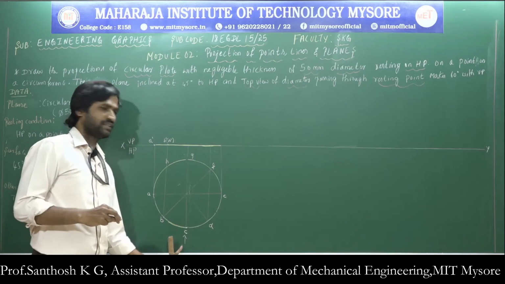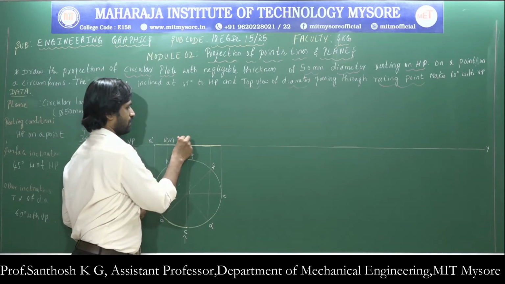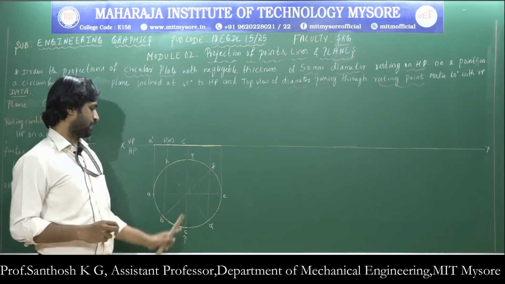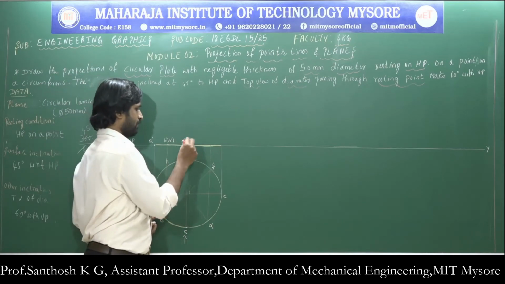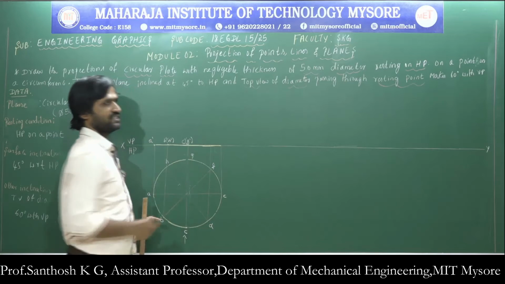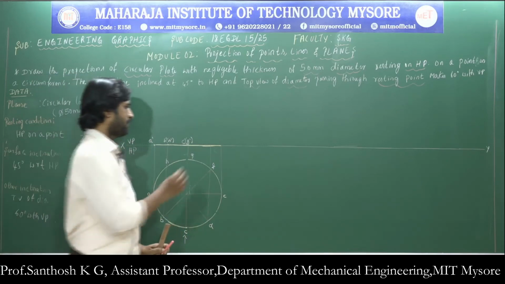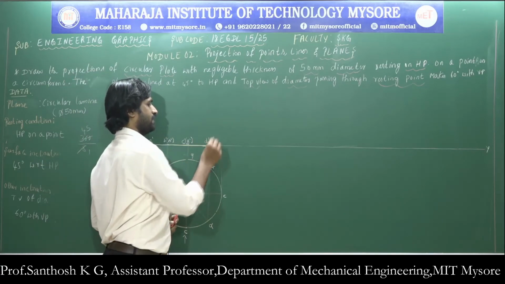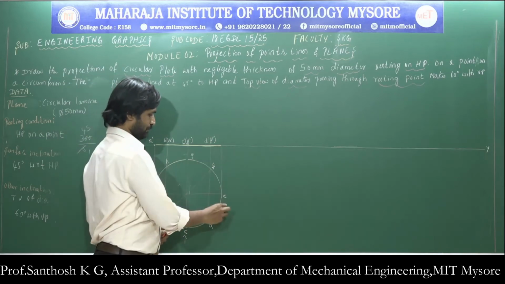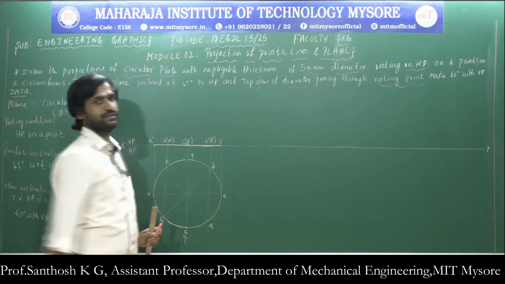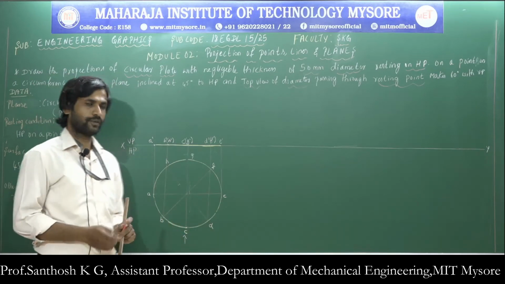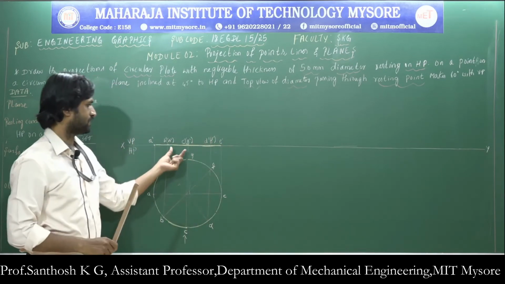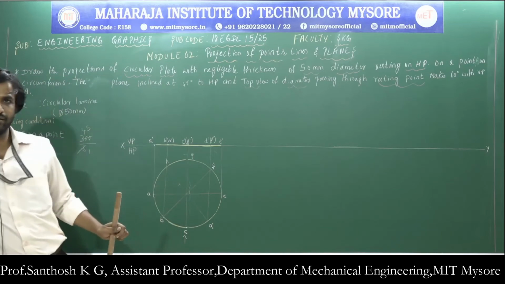Similarly, when you see the point C from the front, its front view will be C dash, but the point G is exactly behind point C, so it is not visible. Therefore, I am going to write the point G dash inside the bracket. The point D is visible, whereas the point F, which is exactly behind it, is not visible. This is the point E, so I am going to write point E dash, which represents the front view of the point E. Now, this line A dash E dash represents the front view of the lamina which is